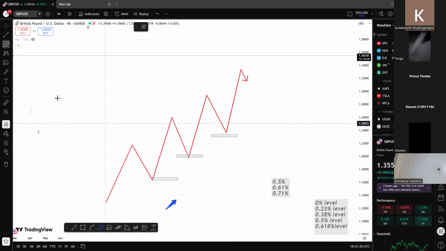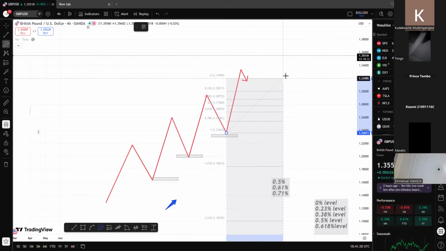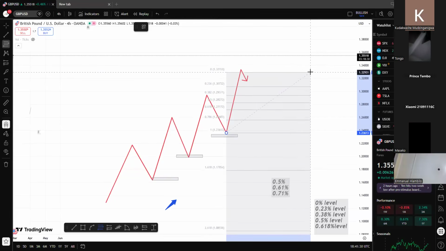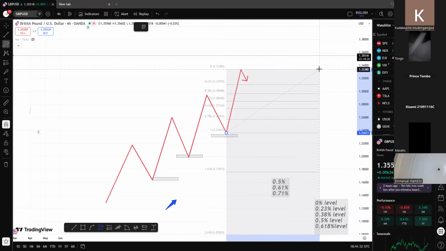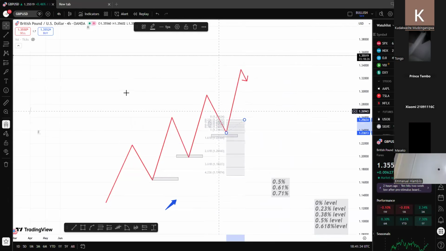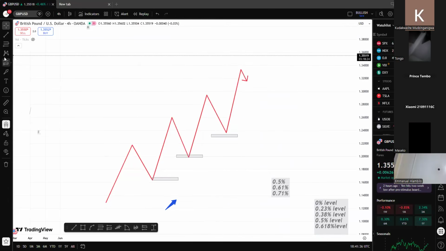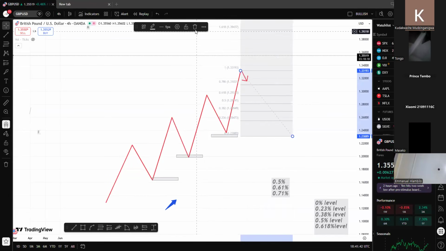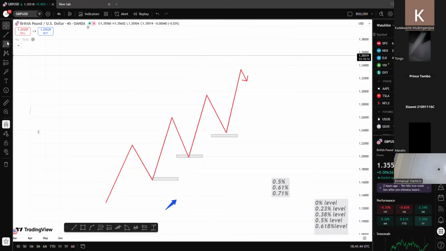When you are in an uptrend, you touch the previous low and the new high going upwards. You don't go the opposite, like some people who just come and drag it down like this, and then say this is our fib. No, it doesn't work like that. What you do is you touch your previous low and your new high,